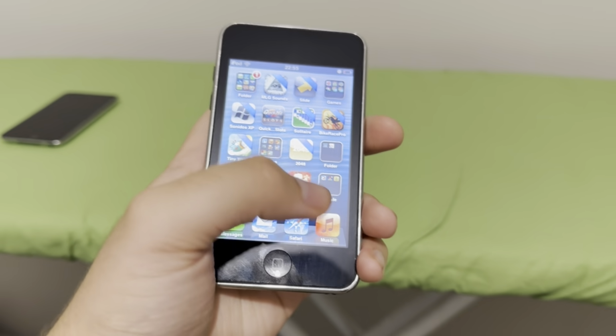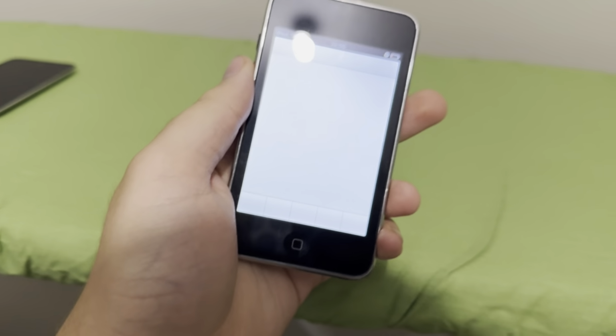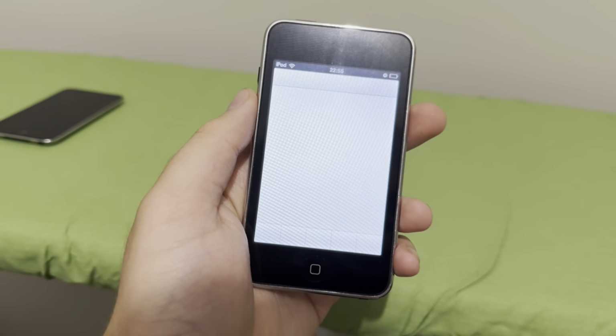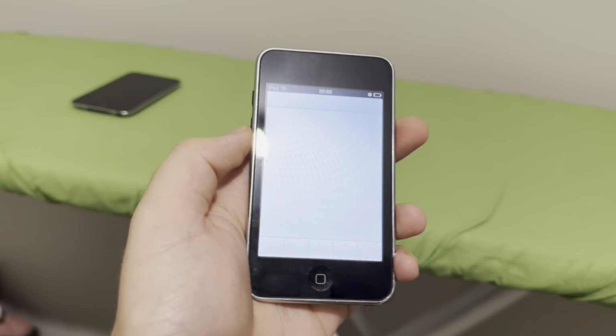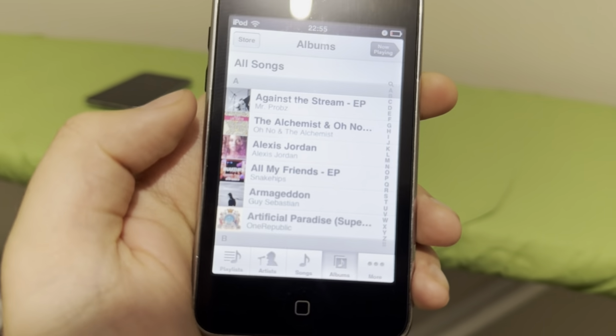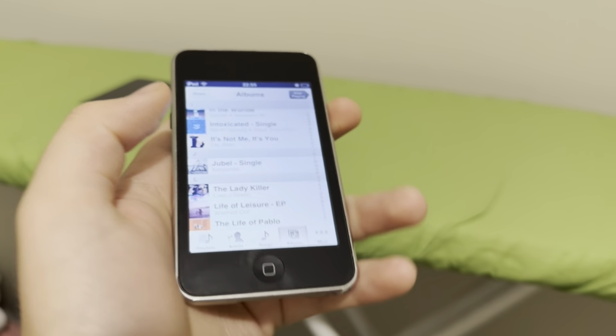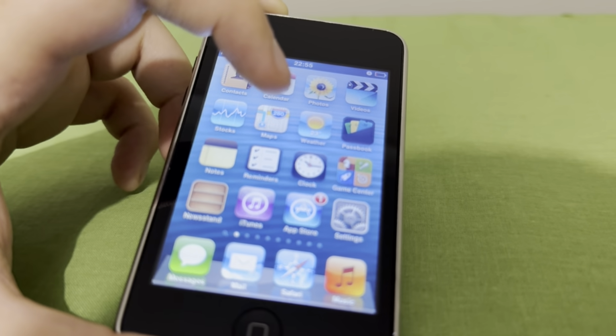Alright guys, 3rd app, the music app. As you can see right here, the music app does work perfectly fine. You can load your music on here, you can download your music from iTunes. I'm going to go back into my library. I've got all those music albums all downloaded. iTunes does recognize it, and